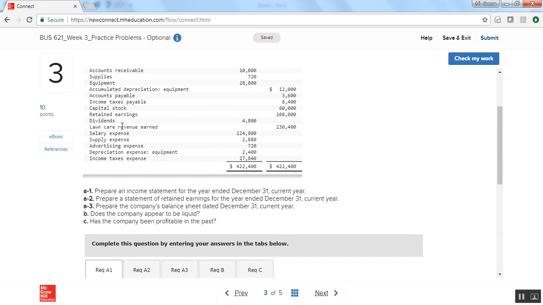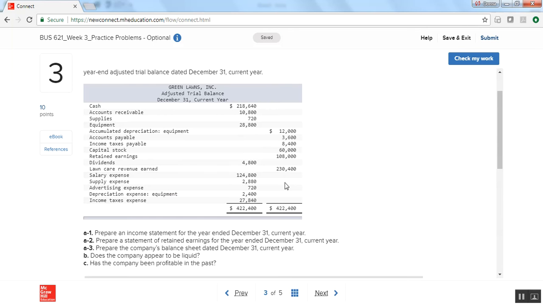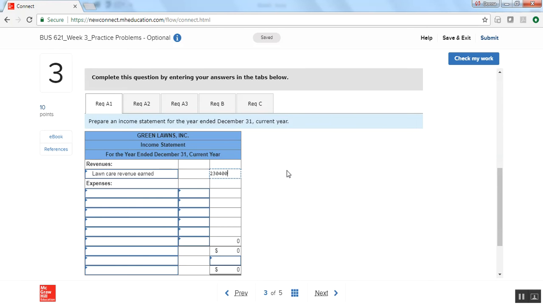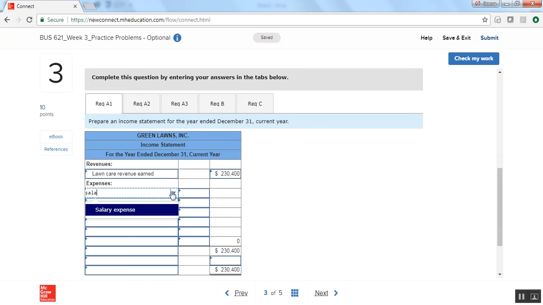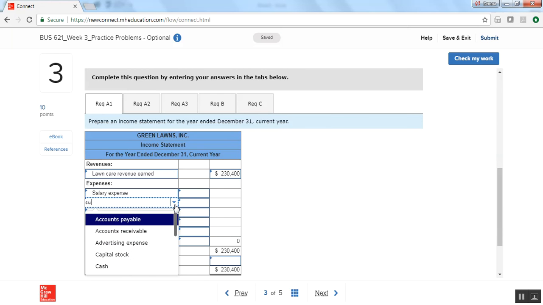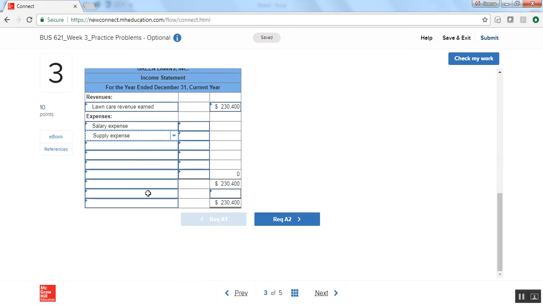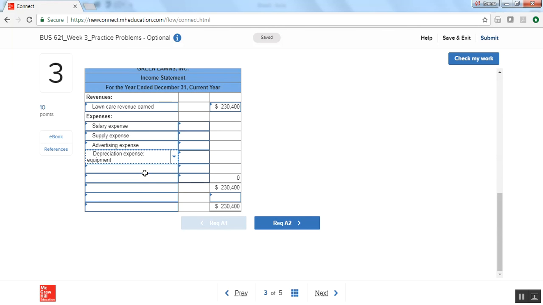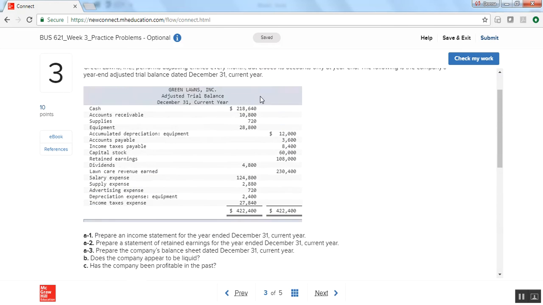So our first part of the income statement is the revenue. We're going to have lawn care revenue of $230,400. And then we have all of our expenses: salaries, supplies, advertising, depreciation, and income tax. Okay? And the amounts are